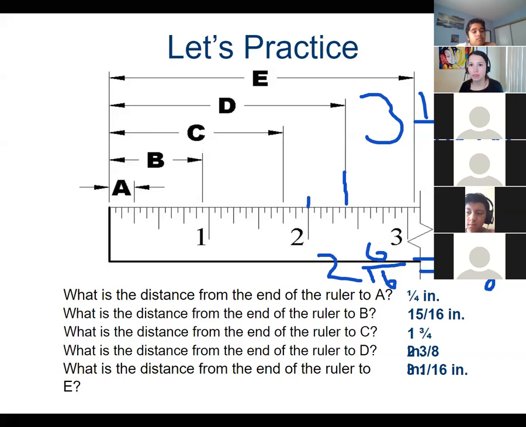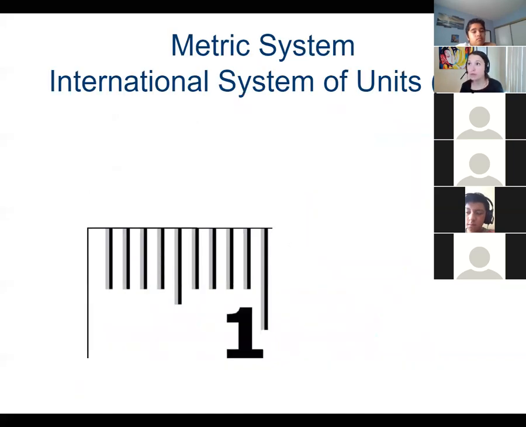Okay, let me clear off. The only way to really understand this is by trying it and doing it. Okay, so before we move on to metric,